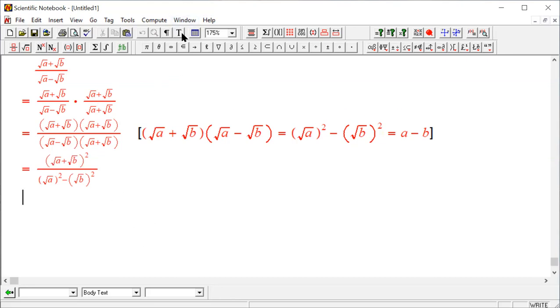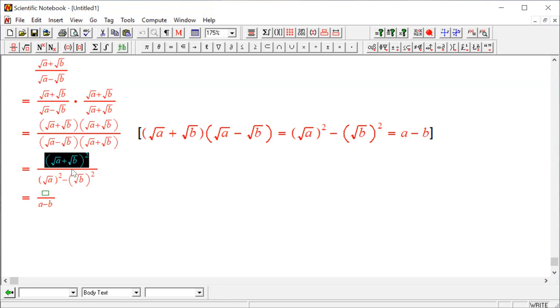So on the next step, we will have A minus B in the denominator, and on the numerator,